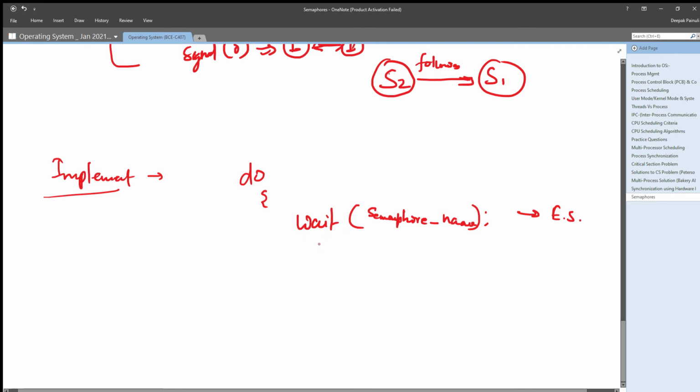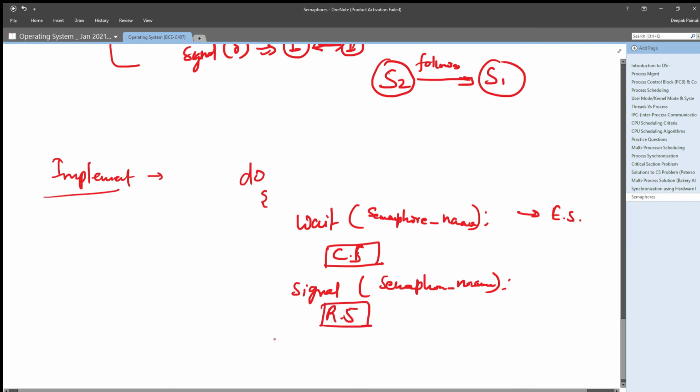After wait operations only, it will enter its critical section. Right? And after exiting its critical section, the process needs to signal on that particular semaphore which you have used for synchronization purpose. And after executing signal operation, the current process can go to the remainder section, execute remainder section, and simply close the do while loop,